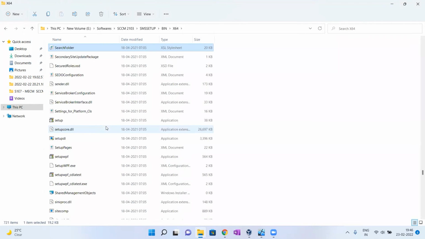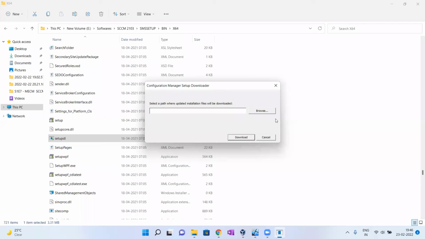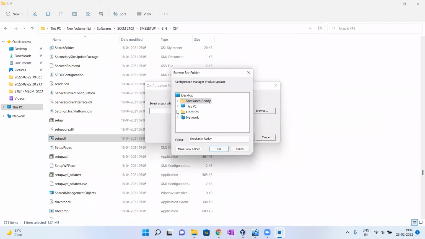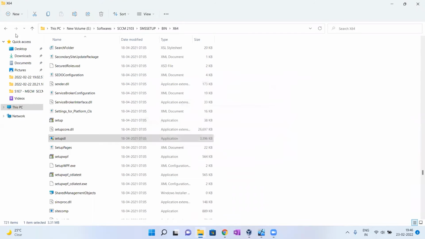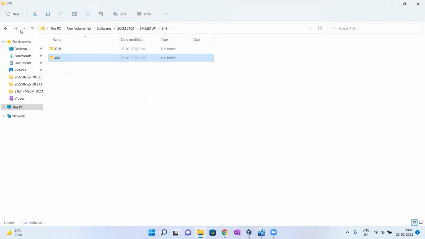Here the setup.dll file is there. You need to run this file. The same pop-up comes up, where we need to select the path where we need to download. Again, the same download button we need to click. You can use both methods or any one of them to download the language pack.